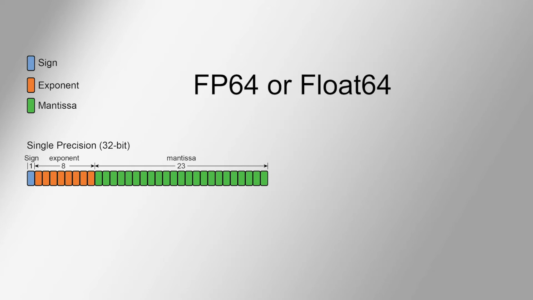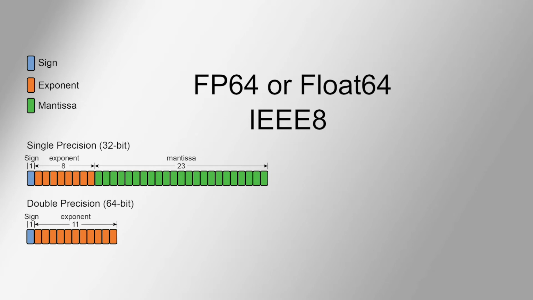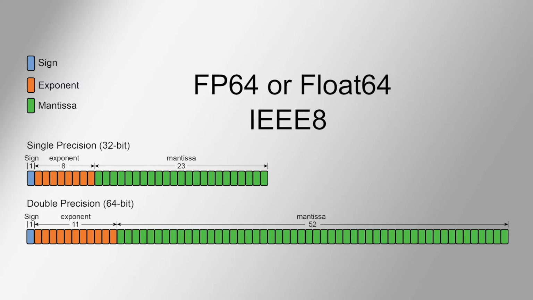Double precision, also called FP64 or float64, is a 64-bit variable with twice as many bits as single precision. 64 bits conforms to the IEEE 8-byte floating point standard. The first bit sets the sign. The next 11 bits contain the exponent value with a range of -1022 to +1023. The remaining 52 bits contain the mantissa or fraction. An implicit leading bit with a value of 1 gives precision of 53 bits. In Campbell Scientific data loggers, double precision or IEEE 8 in CR Basic provides 15 digits of resolution with 14 significant digits.